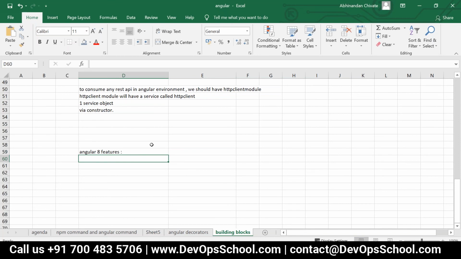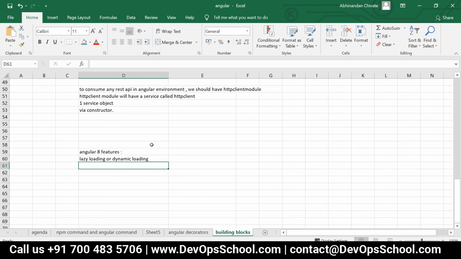The major expectation from Angular 8 was lazy loading or dynamic loading. People, have we performed this lazy loading or dynamic loading or not? Yes, we have. Correct, everyone? We use this thing, correct?